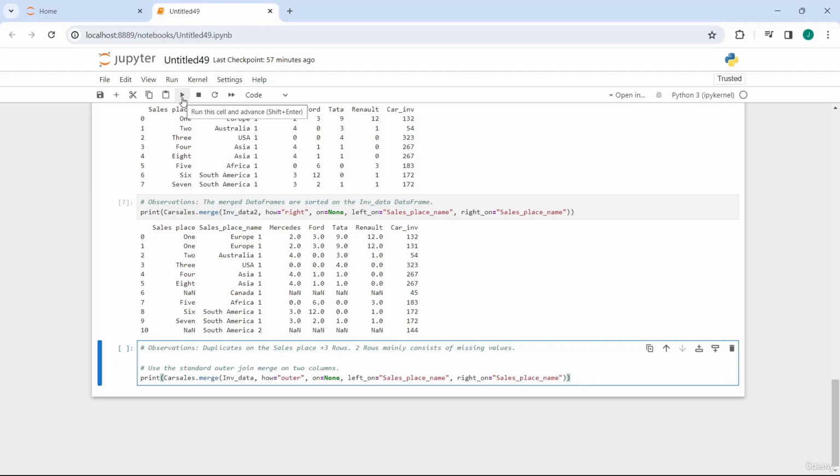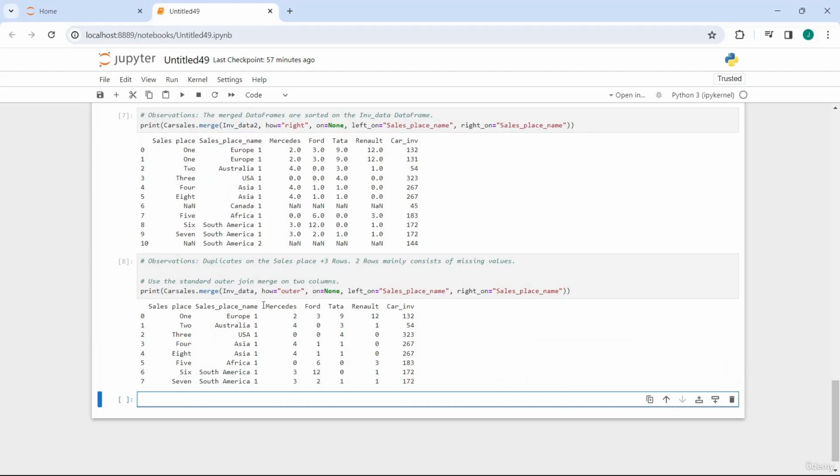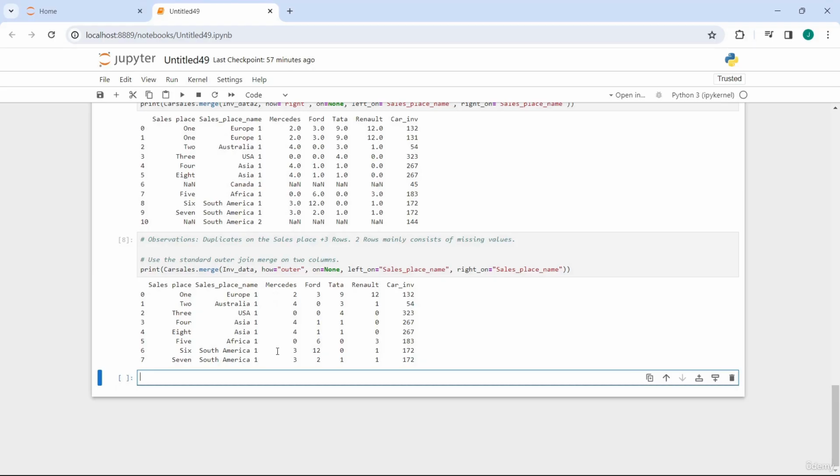So let's run this code. And here we make the observation